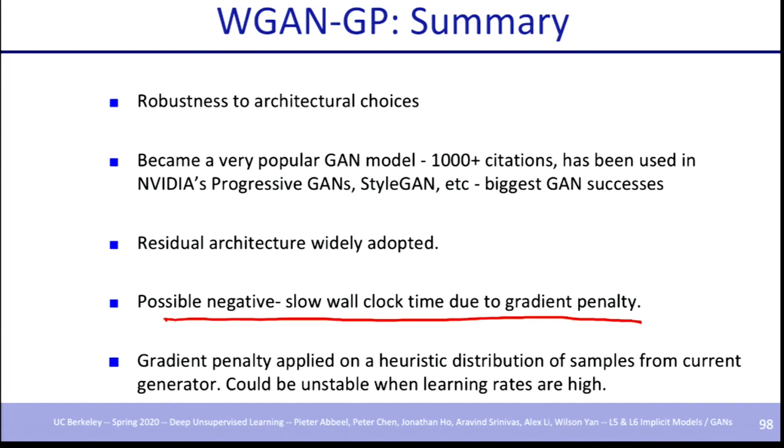The second thing is the heuristic distribution of your gradient penalty could be unstable, because it could focus too much on your current generated sample distribution. And so Adam is generally run on WGAN GP with a very small step size. So if you really want results very quickly, WGAN GP is not the model that you want to use, because it needs to train much more slowly, with a much smaller step size.